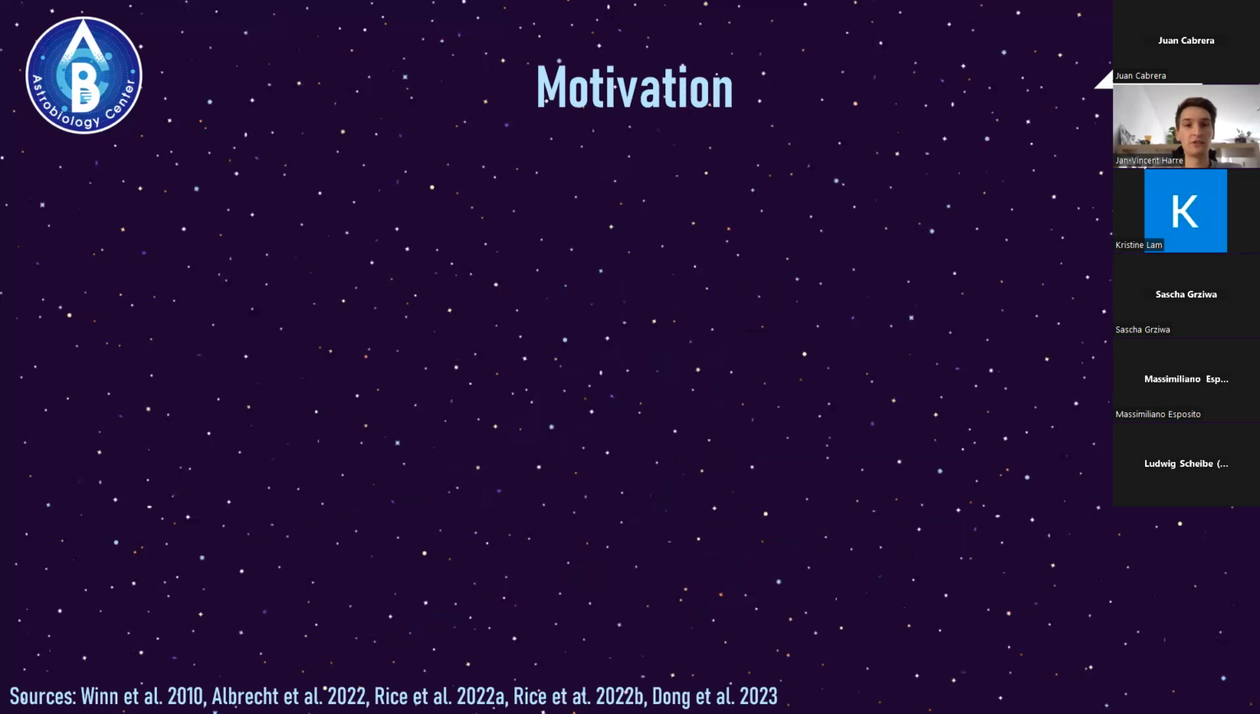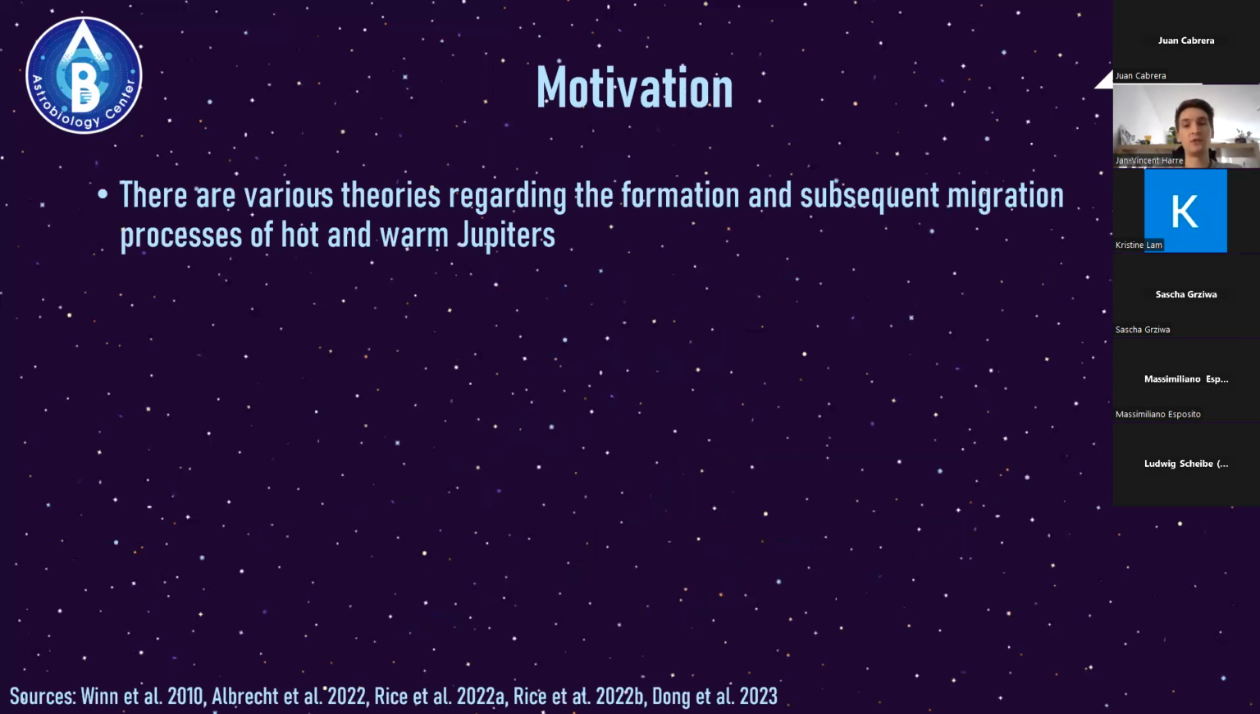Okay, now let's get into some motivation. So why are we doing this at all? There are a few theories regarding the formation and also the subsequent migration of hot and warm Jupiters. So hot Jupiters are Jupiter-sized planets, which are really, really close to their stars, orbiting with just maybe one or even less days, one time around its star. And warm Jupiters,